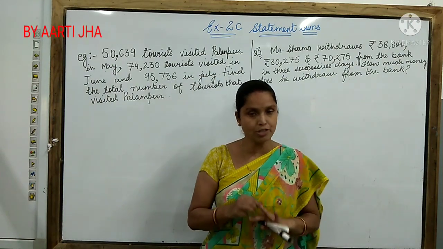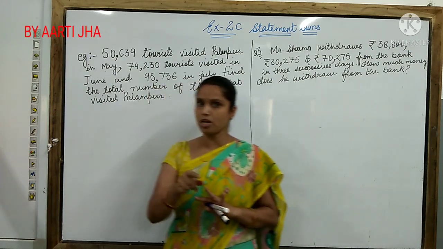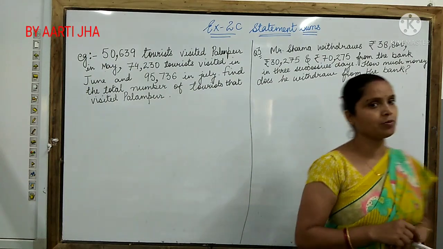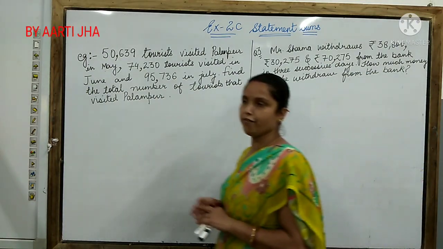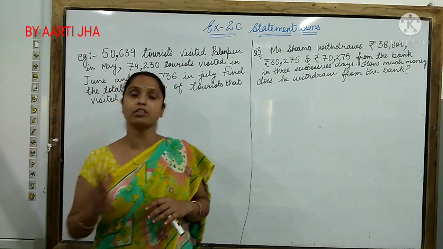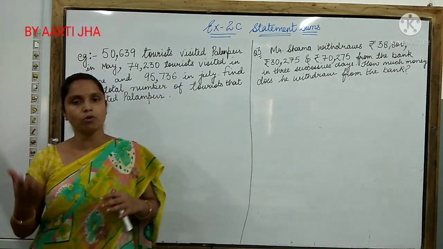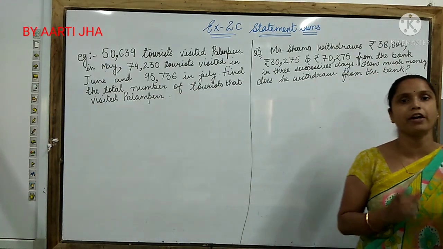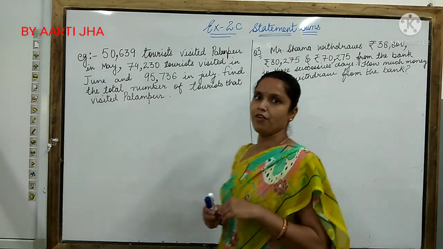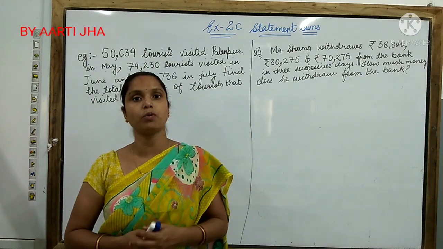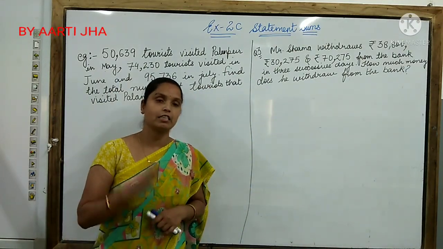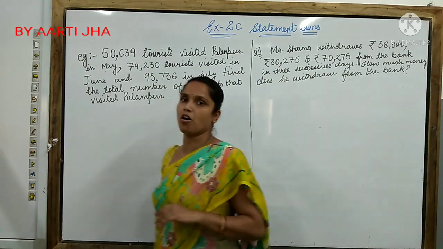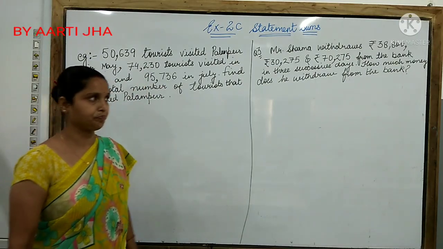If we change the places of the numbers, does the sum change? No, the sum doesn't change. Then the last property we did was that if we are adding 2 or more than 2 numbers, or 3 or more than 3 numbers, we add them by making different groups. Whatever we feel is convenient for making the group so that we get the answer easily, that we can do in the operation of addition. And this property is called the associative property.